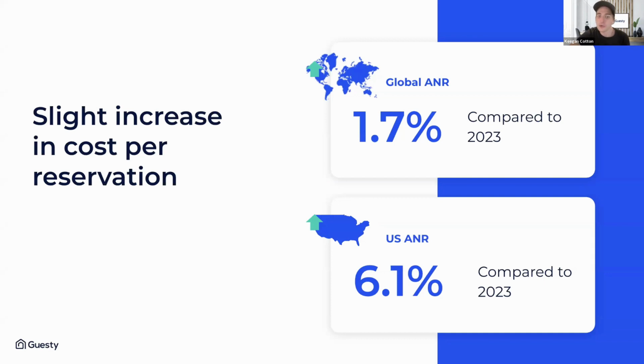So globally, we're seeing a slight increase of 1.7% in average nightly rate compared to '23. In the US, we're seeing a more significant increase of 6.1%. It's not clear exactly yet what the direct cause of this is, if it's having to do with the amount of inventory in the market as of today, if that's shifting because of consolidating property management companies, regulation, what have you. But all in all, we are seeing this